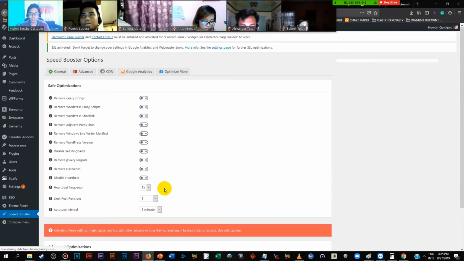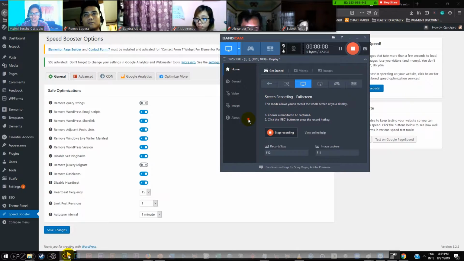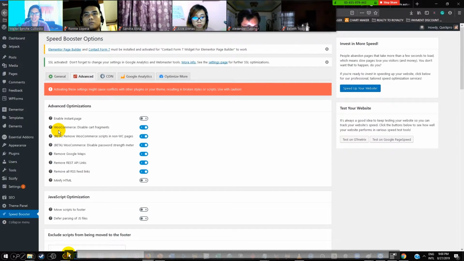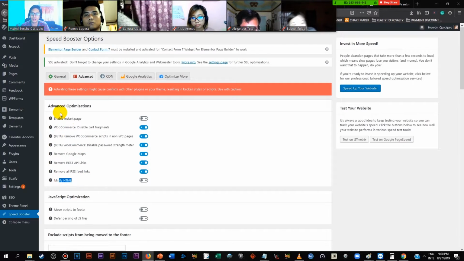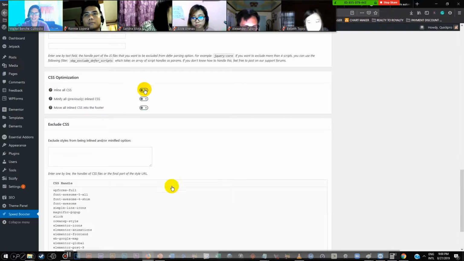And here are the settings. Now be very careful here. A slight mess up will drastically increase the load time of your website. So here's how you set it. Everything is checked except remove query strings and remove jQuery migrate. Only those two are unchecked. In advanced, everything is checked except the one on top and the one below, and everything else just ignore. Scroll down, ignore that.